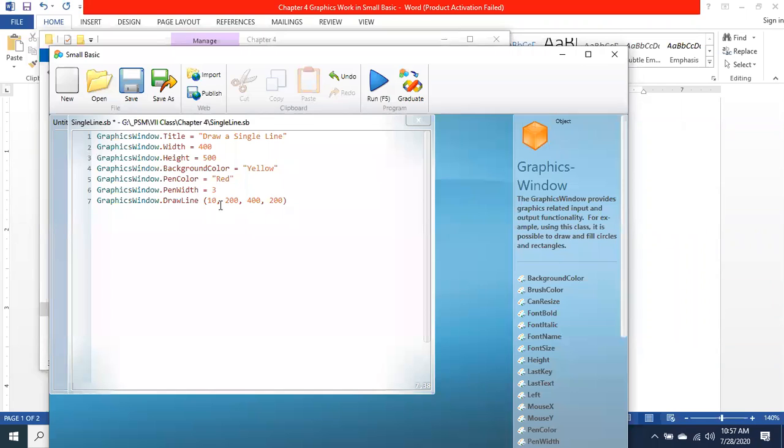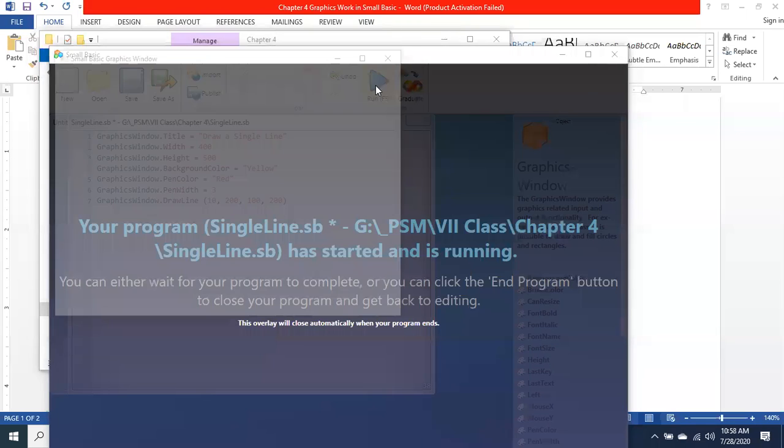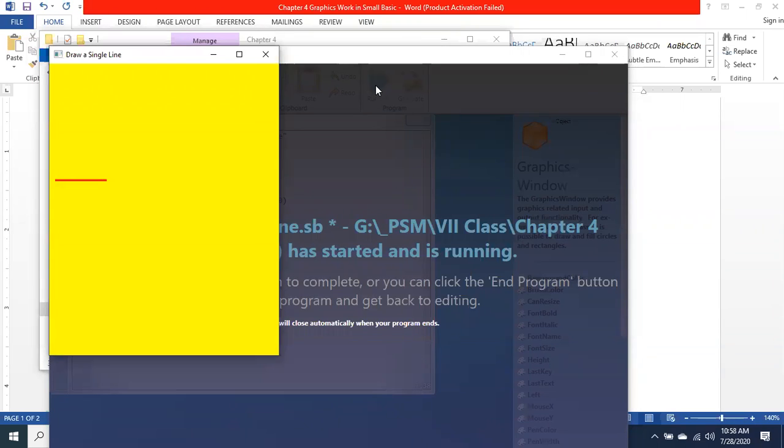If we make it from 10 to, let's suppose, 100, then its length will decrease, because we have started from 10 and ended at 100, not 10 to 400.